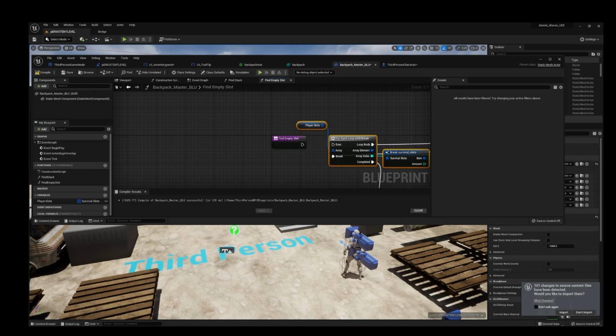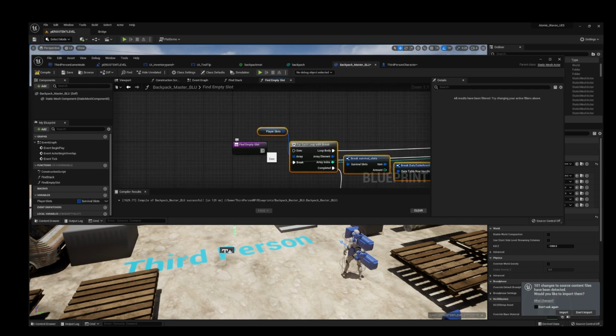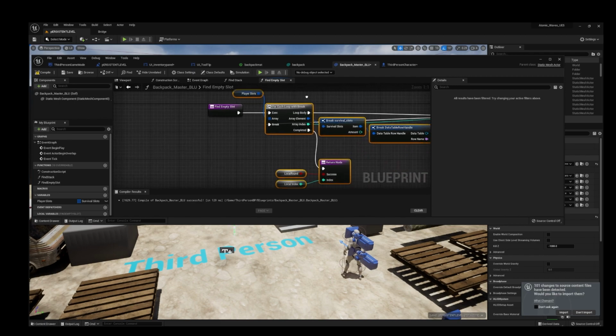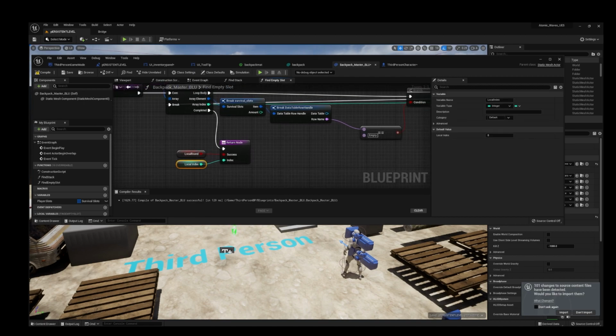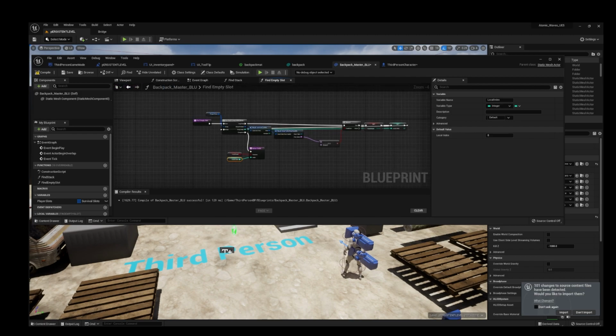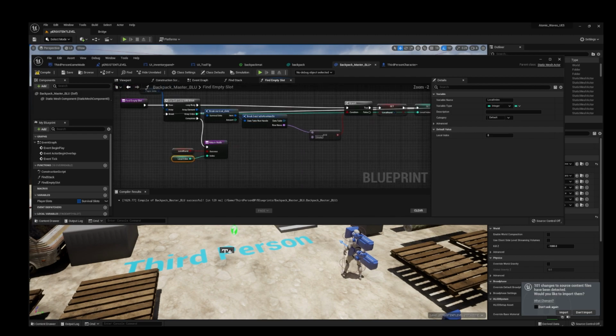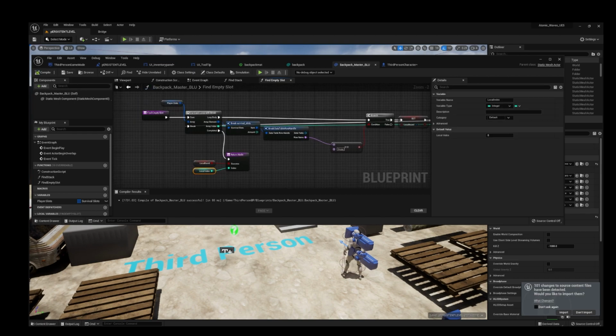And once again, we're connecting our function to for each loop with break. And then we're going over to local found, create local variable, and then go to local index, create local variable. Everything should have some color. Go ahead, save, compile, no errors. Awesome. Moving on.